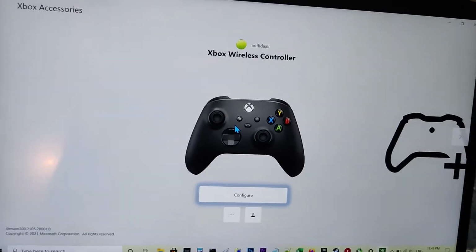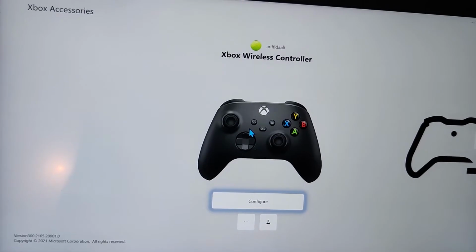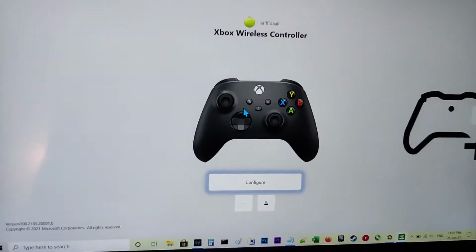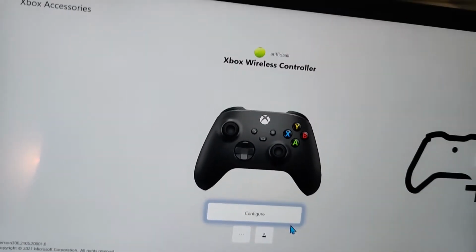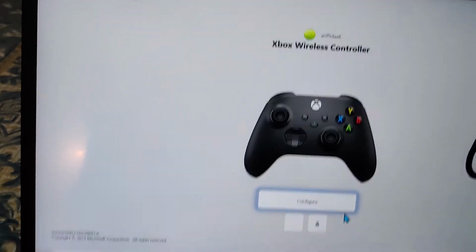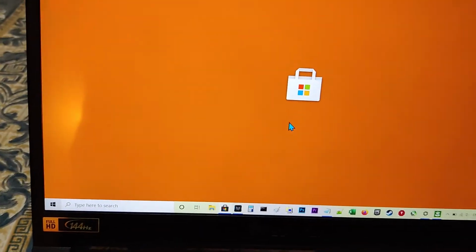So in the beginning it will ask you to upgrade the firmware, so you connect it to your laptop or desktop, and then you can upgrade the firmware. So you can, with the Xbox accessories app, which you can get from the Play Store,